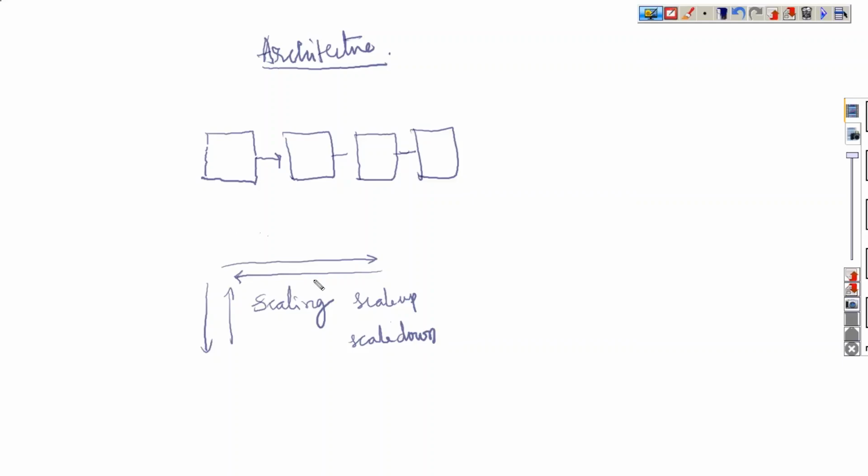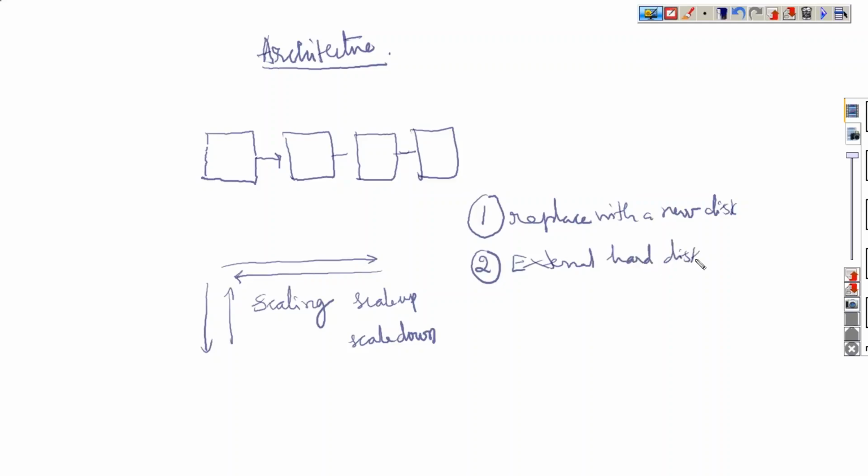Now in between these two, the first solution you gave is replacing the original disk with a new disk, and the second solution you gave is that we can have an external hard disk. So in between these two, which would be the better choice? Using the external hard disk will be the better choice. We need not replace it. We need not copy the data from one disk to another disk. Nothing is required. Simply we are going to just add it.